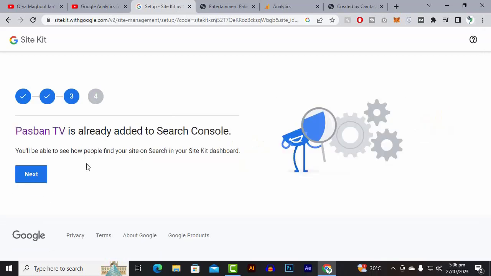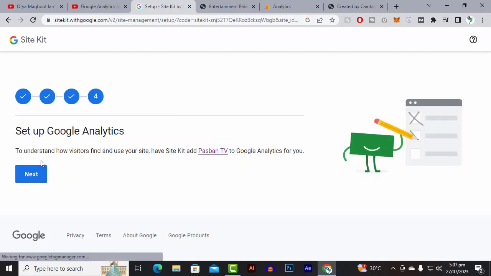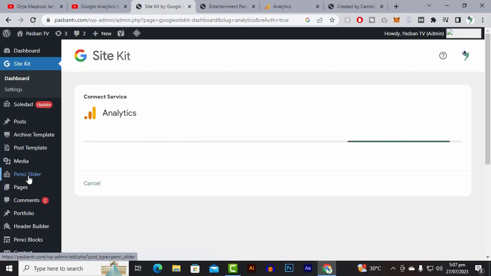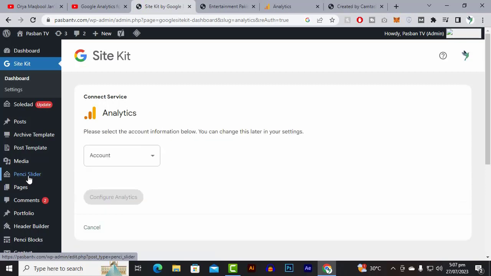and then Pakistani TV is already added to Search Console. You will be able to see how people find your site in search. Next, and set up Google Analytics. So that's great. We have successfully set up Google Analytics,